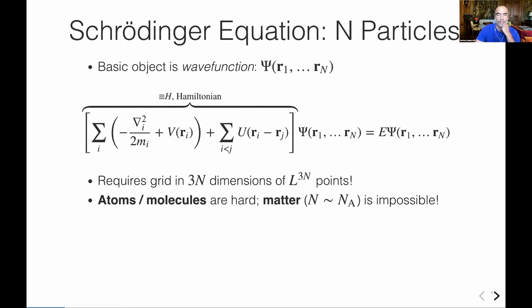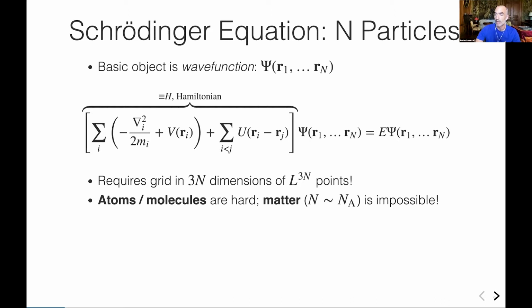at the Schrödinger equation. So this basic eigenvalue equation involving a Hamiltonian partial differential operator, H. And it involves the potential energy, V, and an interaction, U, between pairs of particles. And if you wanted to solve this easily by finite element, you're working on a grid of L to the 3n points in 3n dimensions. And so as the number of particles n increases, we are faced with an exponential explosion in the difficulty of the problem. So atoms and molecules rapidly become very hard.